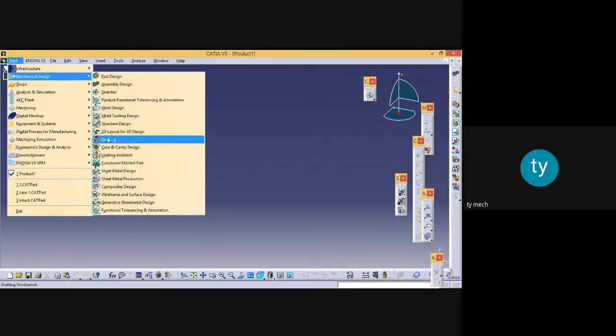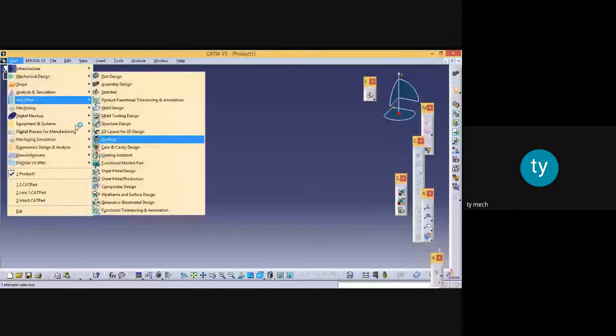Drafting is not at all difficult after part design. In CATIA software, the basic thing that you learn is part design. If you are able to do part design, then the rest of the modules you can learn on your own.